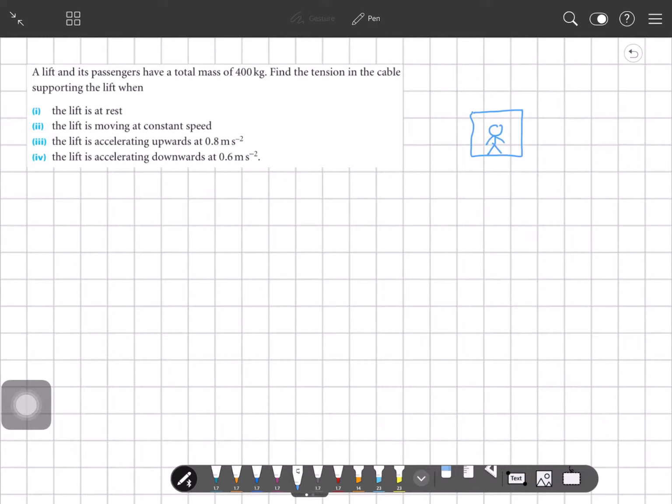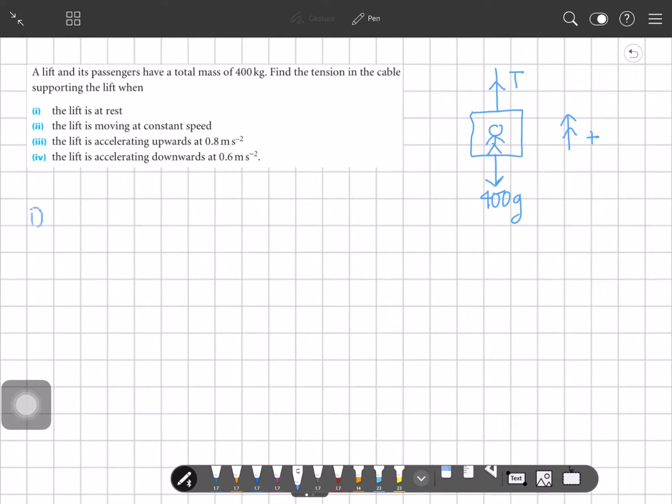We just draw one passenger over there, and the total mass of the lift and the passenger given is 400 kg, and if we convert it into weight, we will have 400 g. And then we have the cable, and the tension in the cable is denoted by T going upward. If we denote moving upward as the positive direction,